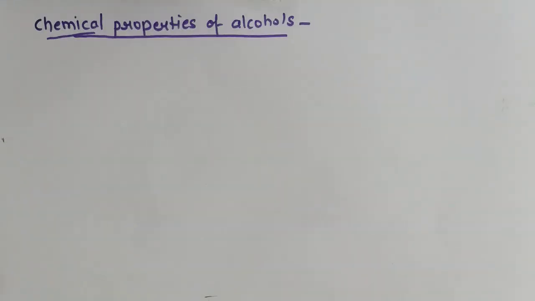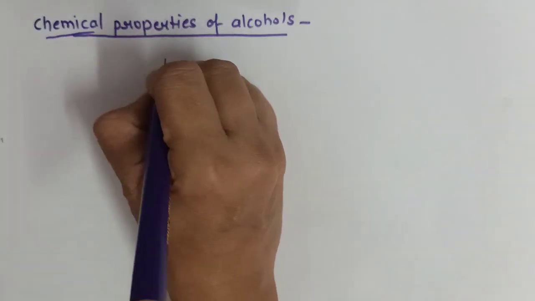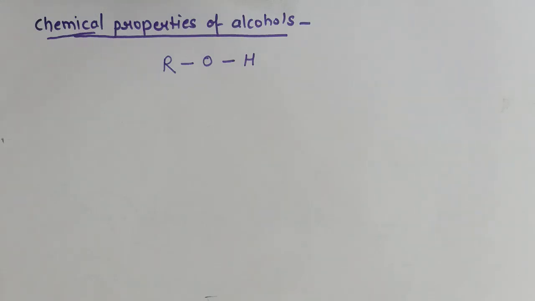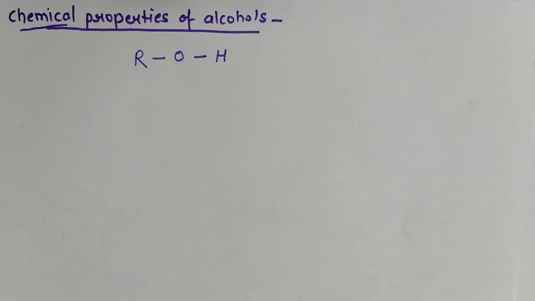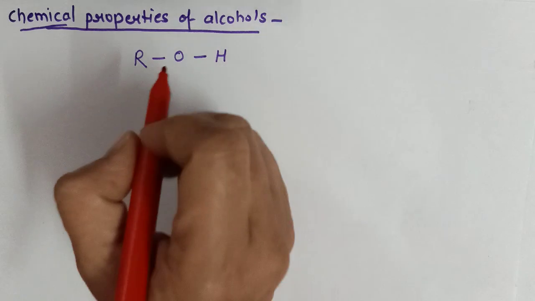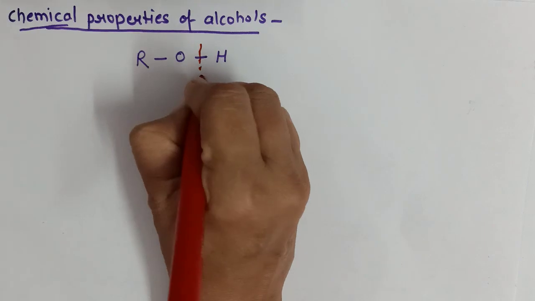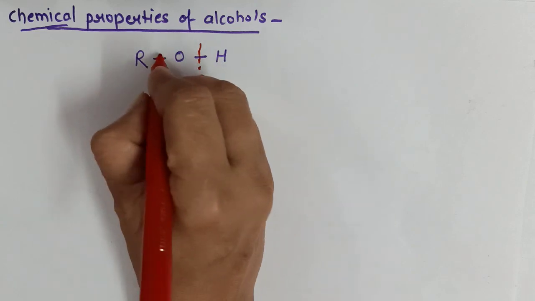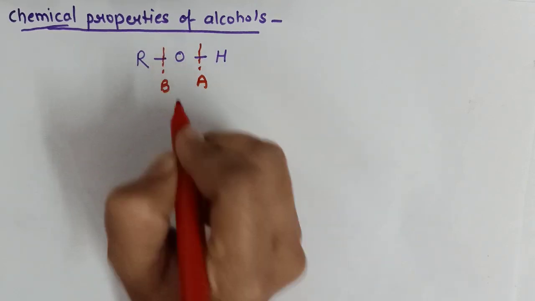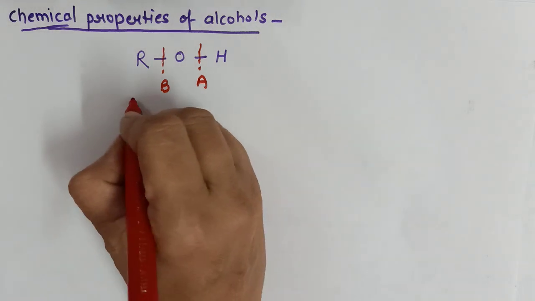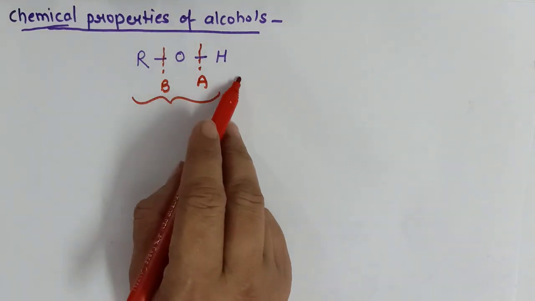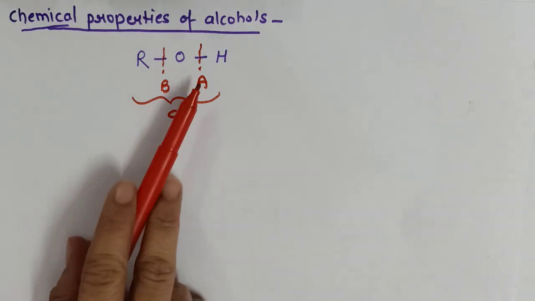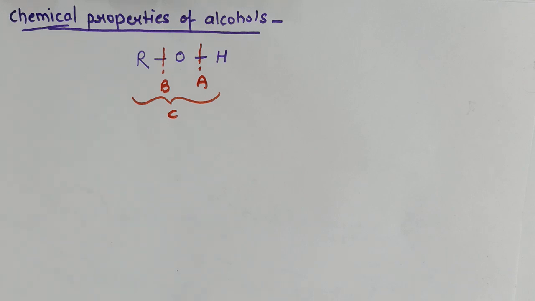Now we know that in alcohol the alkyl group is attached to the hydroxyl group. So we can have three types of cleavages here. The first cleavage is cleavage of this oxygen-hydrogen bond, so we'll call it A cleavage. The second cleavage is cleavage of this whole hydroxyl group, so B type of cleavage. And the third is where the whole alkyl group as well as the hydroxyl group gets involved in the reaction. That is the third type. So we have to study all these three in detail. We'll begin with the first one.